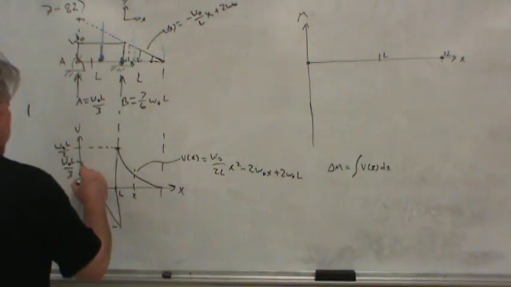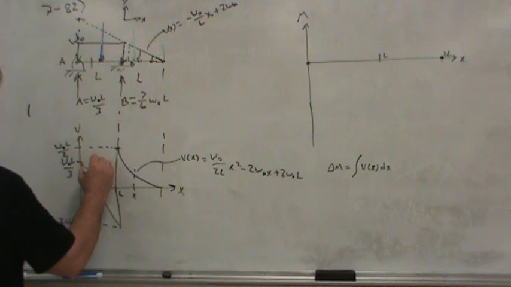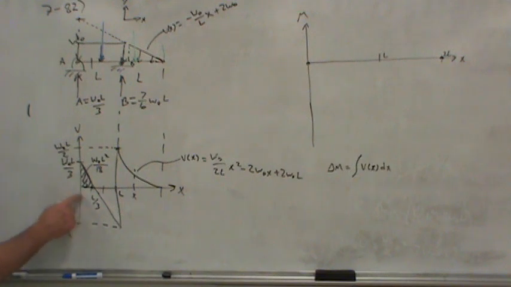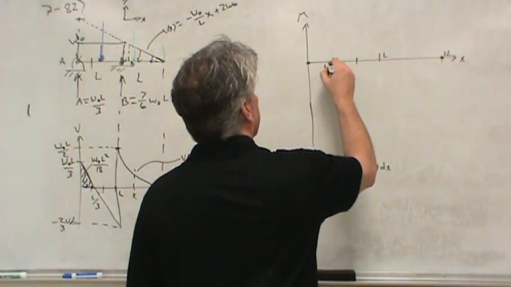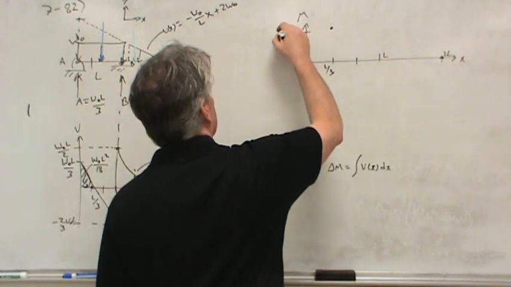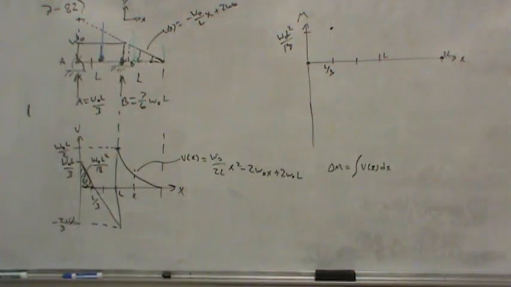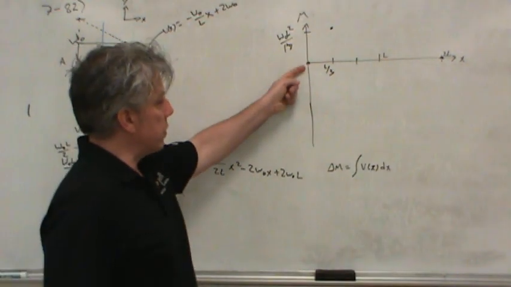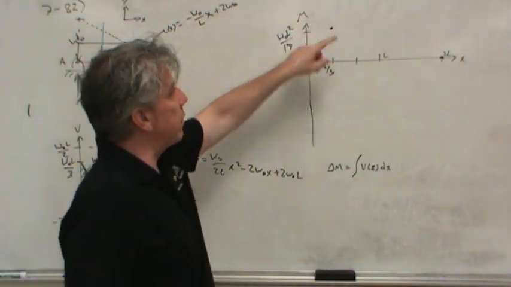So that area here, instead of going through the integration, since it's a fairly simple shape, I can simply say it's W naught L squared over 18. Because it's L over 3 times W naught L over 3, and then divided by 2. So that's the magnitude of the moment once we've reached L over 3. So let me put a point up here. And this point is at, as I said, W naught L squared over 18. Now the only reason I can write that down directly is because we know that the initial moment is 0. So the change in the moment, being represented by this area, will simply give me the magnitude of the moment